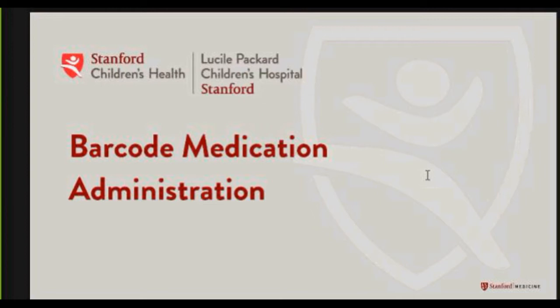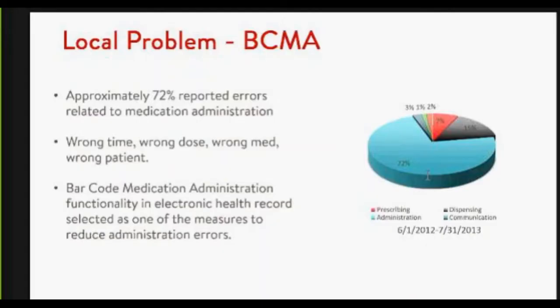So I'm going to take over for the last intervention, which is barcode medication administration, and we'll do this one fairly quickly because by now most people know the benefits of barcode medication administration. What I'm going to focus on are a few of the unique aspects of how we implemented it, as well as tying it to some of the great work that Mel's been talking about. So again,